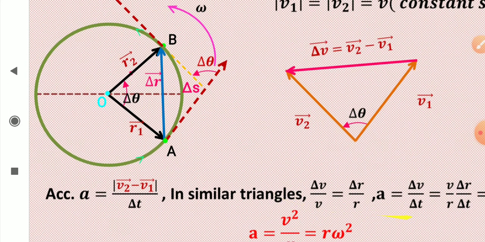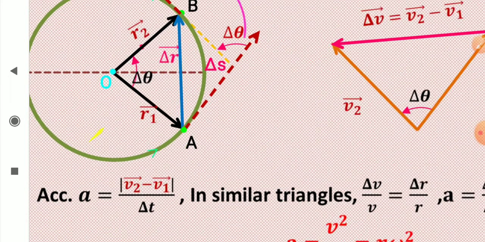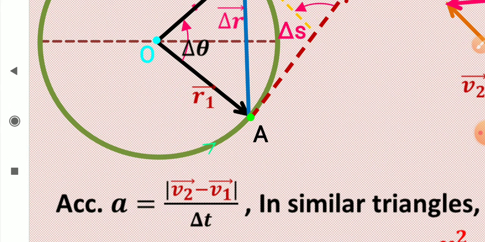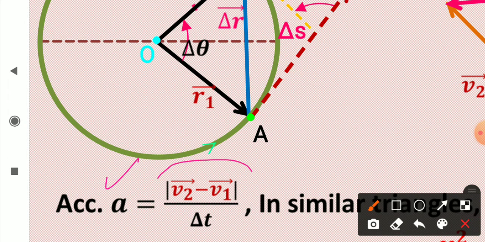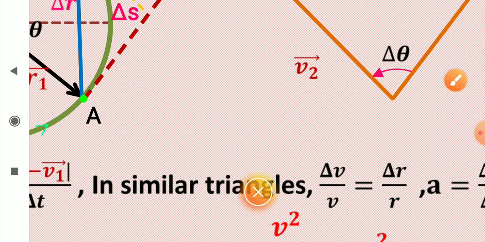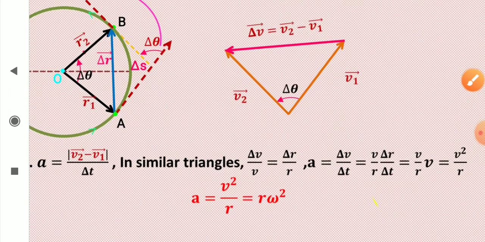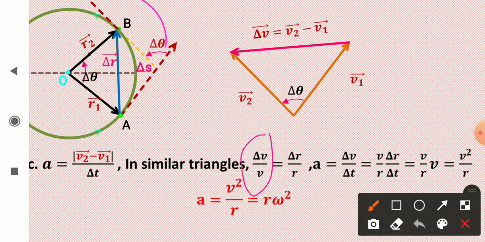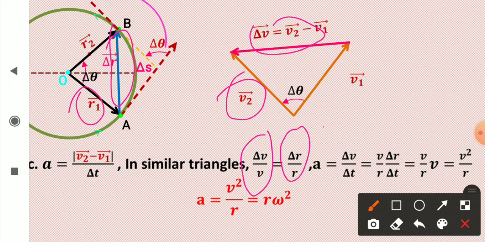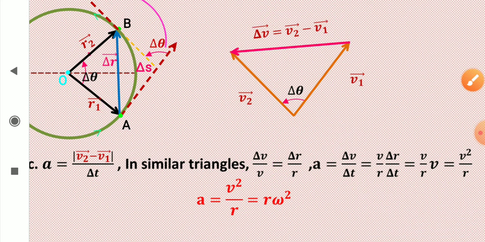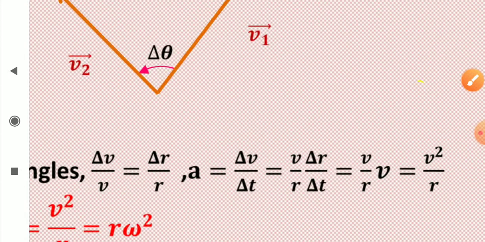So you know that acceleration is the magnitude of change in velocity. This is delta v. So the magnitude of v2 minus v1 upon time taken. So in similar triangles, as I have just discussed, delta v upon v is equal to delta r upon r, and acceleration a is delta v upon delta t. So from this place only,